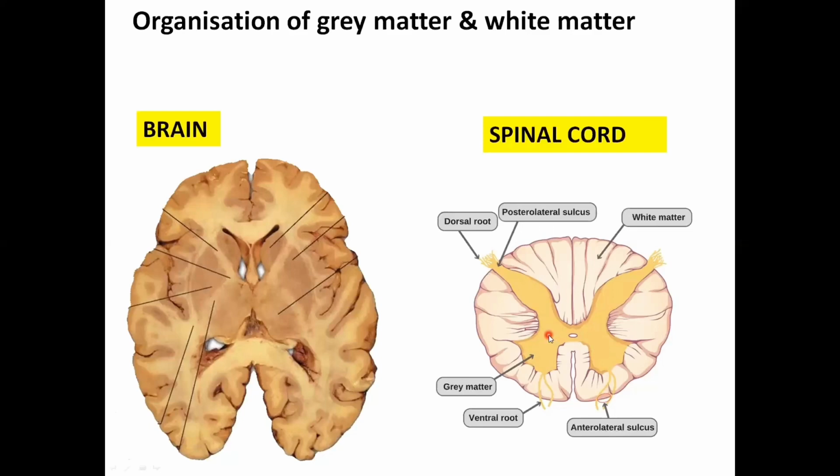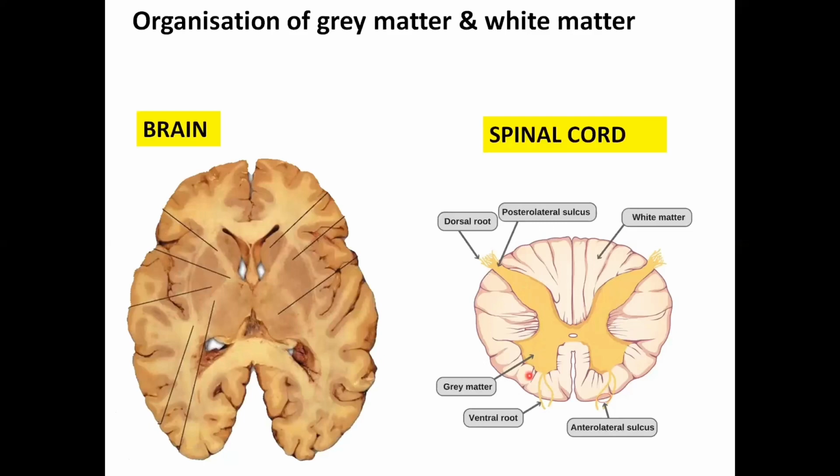The gray matter is further divided into the anterior gray horn and posterior gray horn. The anterior gray horn lodges the motor neurons. To be more specific, it has the lower motor neurons. And the axons of these lower motor neurons will contribute to the descending tract. Okay, remember? Whereas the posterior gray horn will have the sensory neurons. These are called the second order neurons. And the axons of these will contribute to the ascending tracts, your sensory tracts.